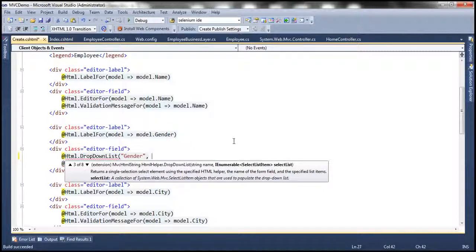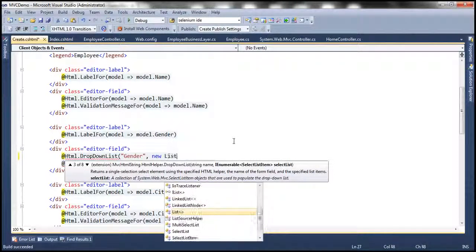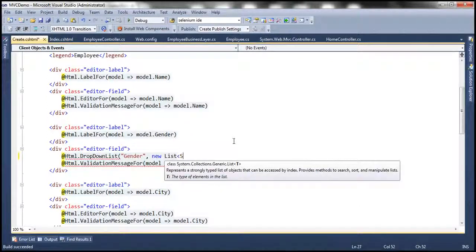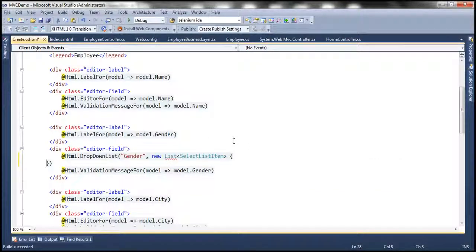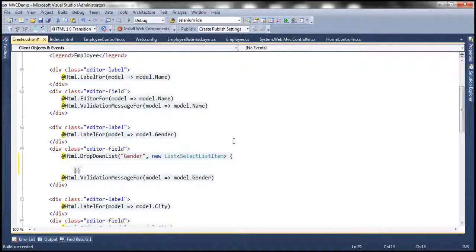Which means I can pass a new list of SelectListItem objects. So let's specify a new list of SelectListItem. I'm going to create a new SelectListItem object,